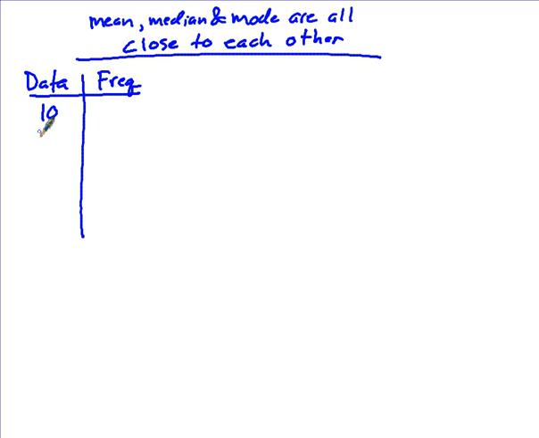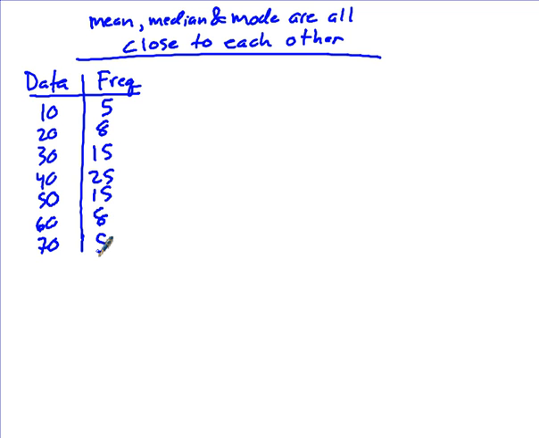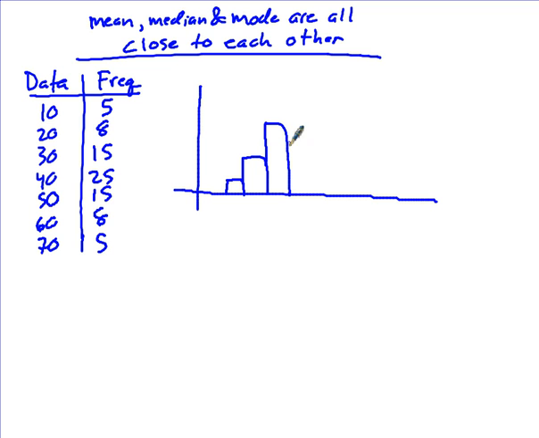And maybe our data is very even. Oops, that's supposed to be a 50, 60, and 70. And here's how often each data measurement occurs. You'll notice that it's very symmetric, right? So if you were to draw a histogram of something like this, then it would look something kind of like this,